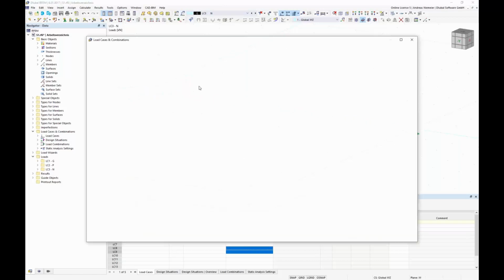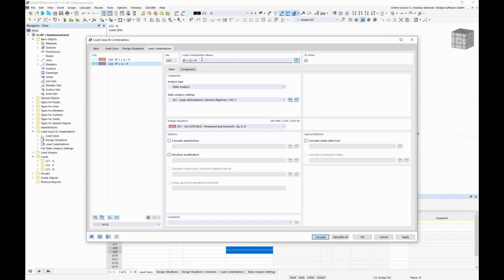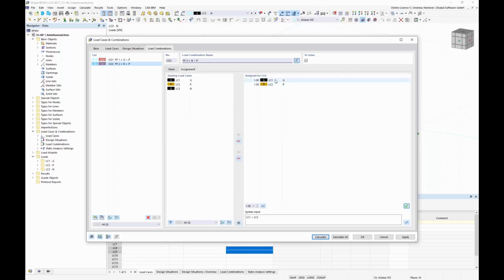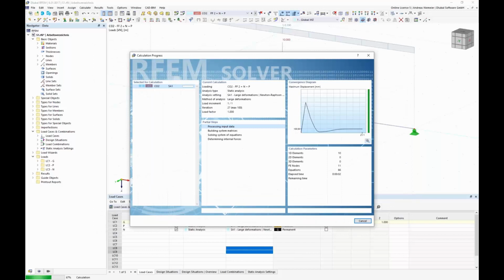So I go again into this load case and combinations dialog, into load combinations, and create here now a shape, maybe F2, based on N plus P. And for this, we only have to change here the input, so P and N in difference to the first one. And if we calculate this, you will see you can do in the same model another